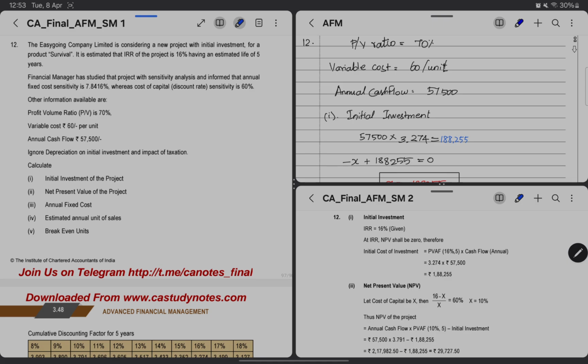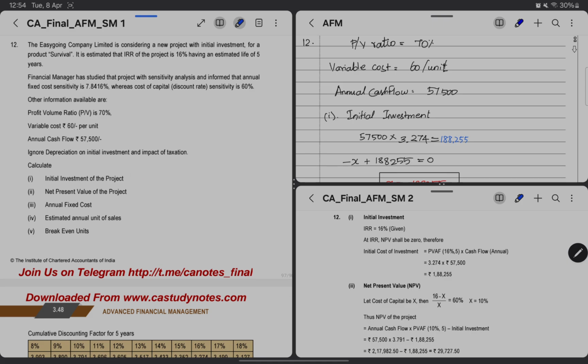In this case of reverse calculation questions, we have to use the break-even approach, as when the NPV is 0 and the cost of capital is sensitive up to 60%. Same case goes with fixed cost, same case goes with IRR. As we already know, at what discount rate the NPV will become 0 is our IRR. And going further to the requirements, first step is to find out initial investment of the